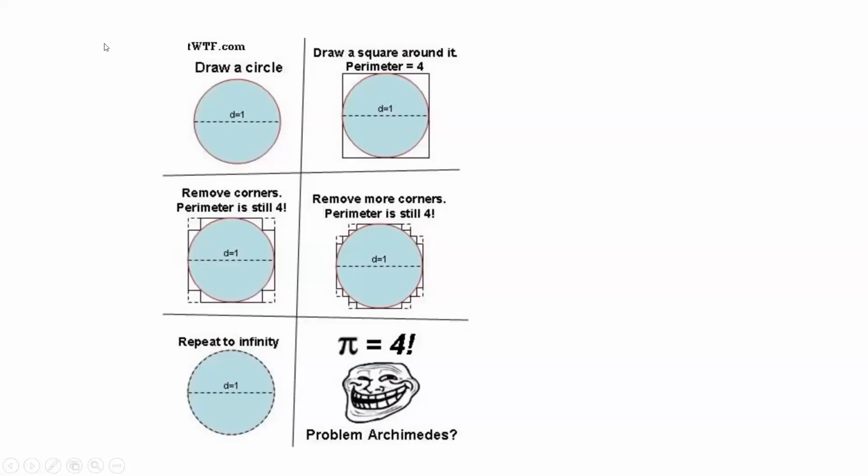Did I show you this? This is an awesome thing. The fun fact is you take a square around the circle and then you chop off the triangles, maintaining the perimeter. It goes on like this. If you keep on cutting the corners, ultimately you'll land up with a circle, repeating up till infinity. You'll prove that pi is equal to 4, because you start with the perimeter of 4. I know it doesn't work like that, but then you apparently prove that pi is equal to 4 somehow. The question is, what's wrong? Why doesn't this procedure work where you're chopping off triangles and squares like this?